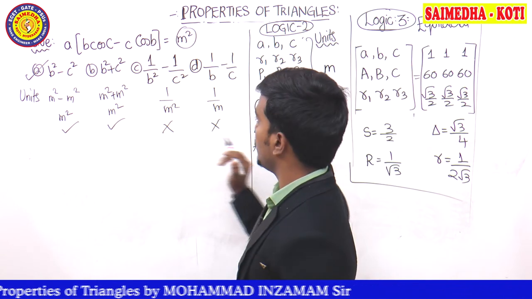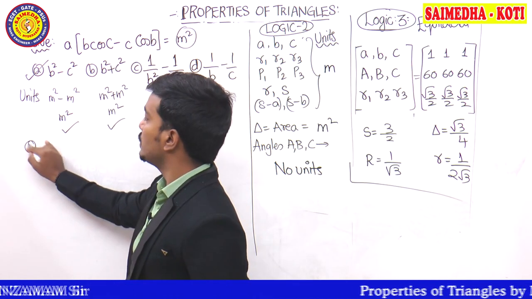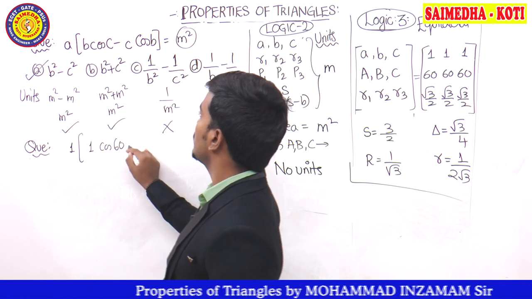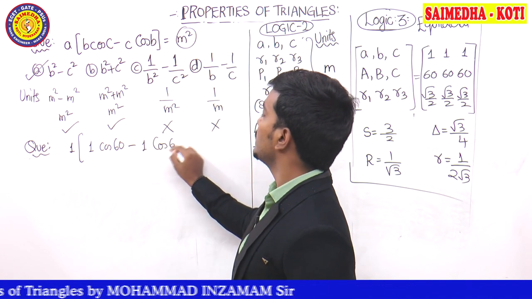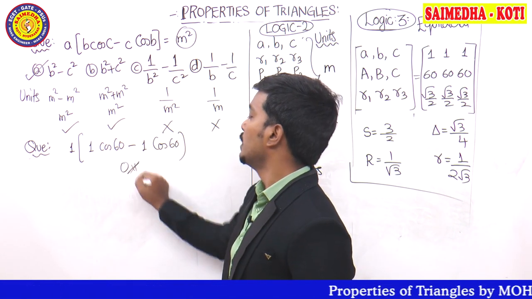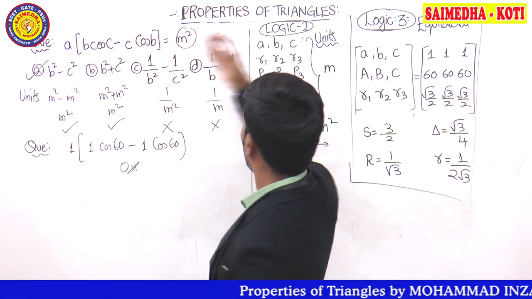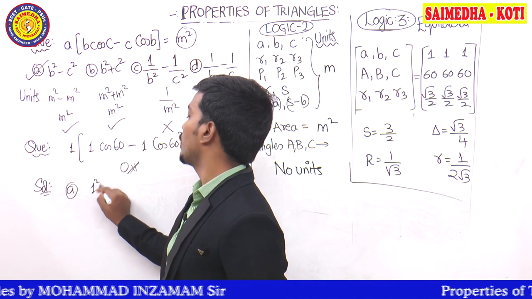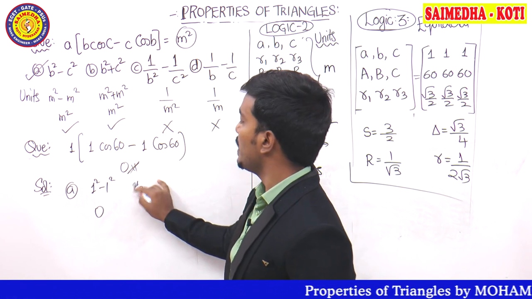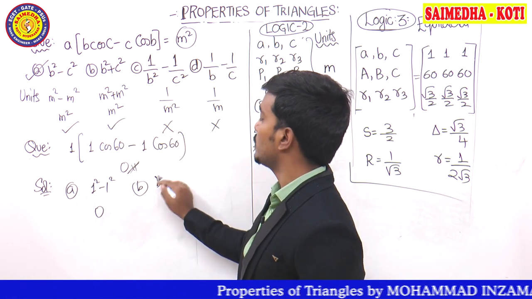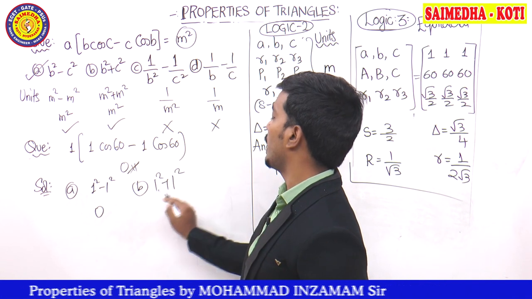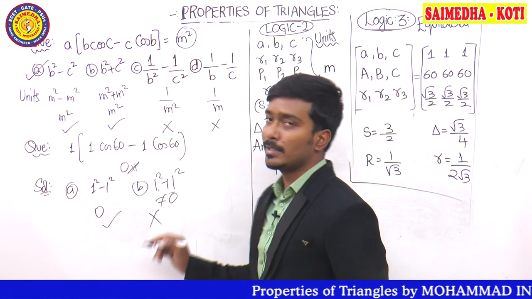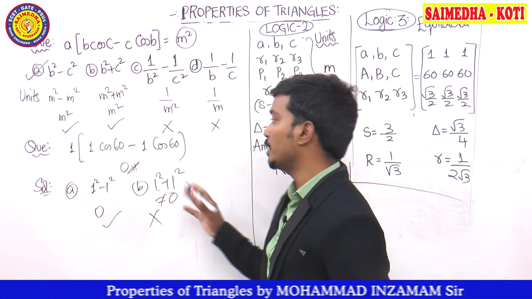Let's apply now logic 3. What is the question for logic 3, guys? It can be written as A value is 1, B value is 1, C value is 1, cos of angle B is 60, and cos 60 minus cos 60 is what, guys? 0. So if you apply logic 3 to the question, the answer is becoming 0. For option A, 1 square minus 1 square, answer 0. Option B is also correct by the units, guys, but B square plus C square, that is 1 square plus 1 square, is not equal to 0. So this one is wrong and this one is correct. I'm explaining every single step, guys. In the examination, you are not going to do all the steps; you can directly put the correct answer.